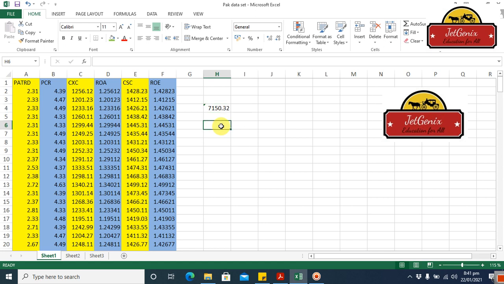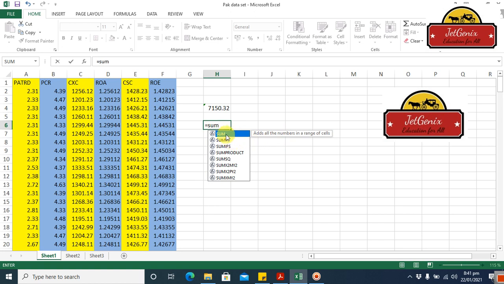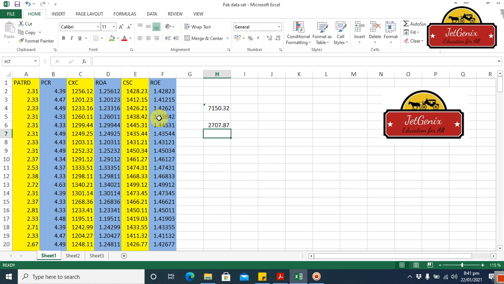There is another way. For example, I'm not interested in adding these consecutive numbers, but I am interested in adding row wise values. For example, from here, this one, this one, and so on. So these values I want to add up again with the same formula. Type equal sum, double click it, and you just select all the cells you want to add up, and press enter. So this is the value you got by adding the values in one row. So this is another way.